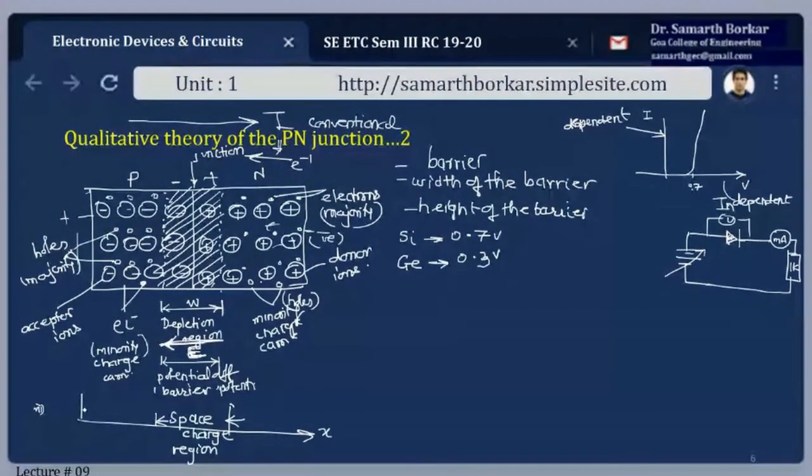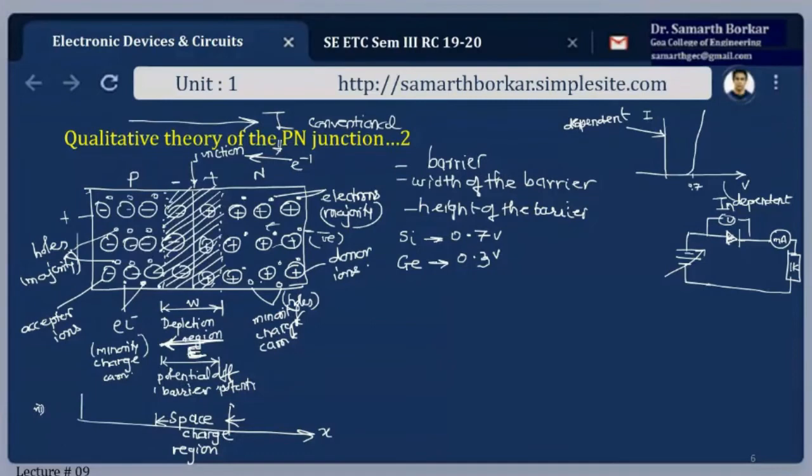Now this barrier is somewhat like a gate which will oppose. This barrier discourages the diffusion of majority carriers across the junction. It will stop the further movement of electrons and holes. Holes are positively charged, and here I have a positive region. So repulsion. Negative, so electrons will be discouraged. But what happens to the minority carriers? If you recollect, I have drawn here.